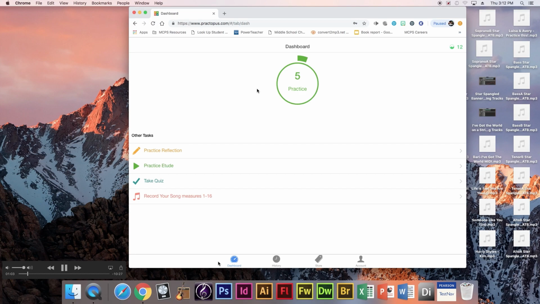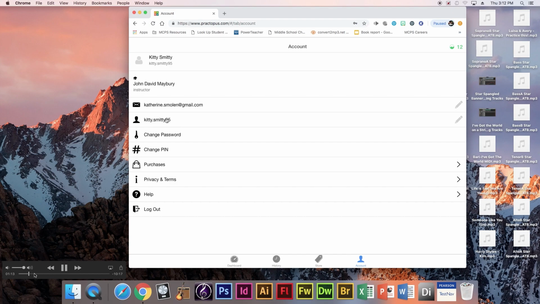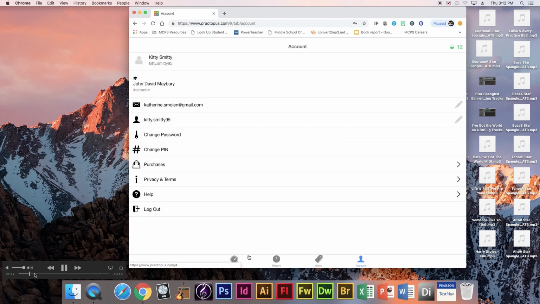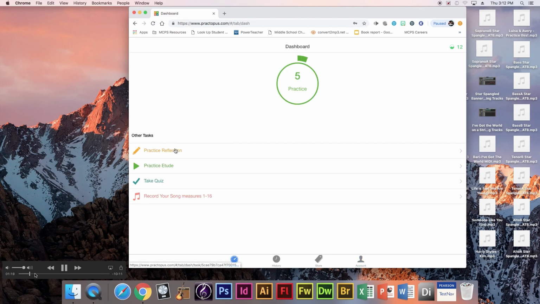You can go down to the account, which you'll see on the bottom right in this area right here. When you go there, you can click on that area right there, and you can change the username that you sign in with. Wonderful. So we're going to go back to the dashboard, and the dashboard,